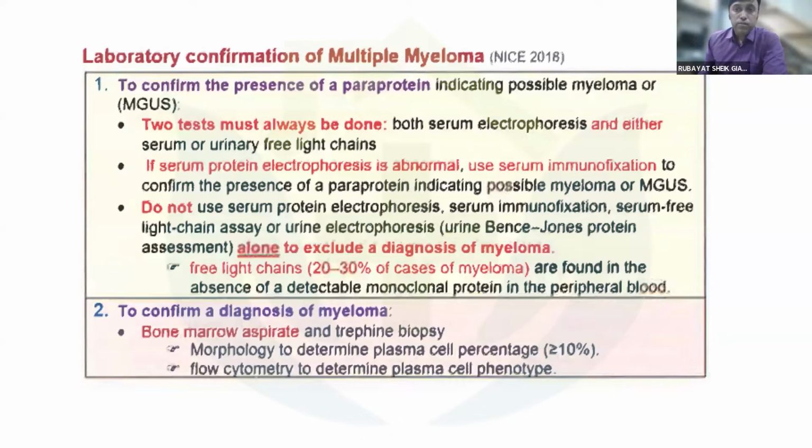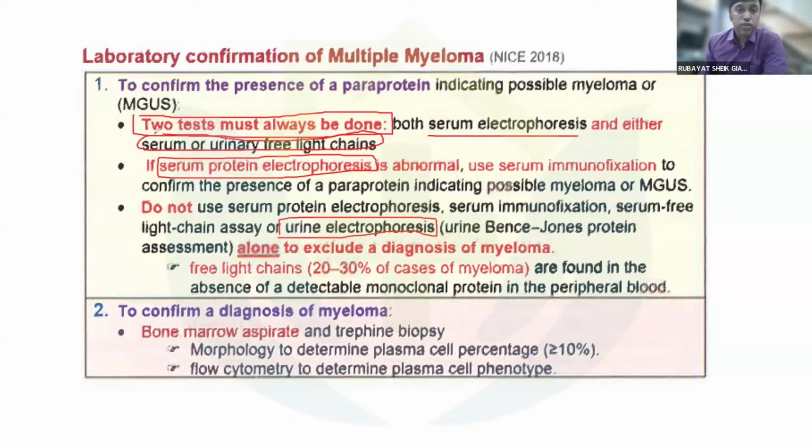These are a few practical tips, usually not asked in so much detail in the examination, but sometimes serum protein electrophoresis might not be abnormal. You might not get any paraprotein in the serum. That's why you also might have to test the urine for presence of any paraproteins. So that's why it is advised to do 2 tests to determine the presence of a paraprotein, not to rely on a single test. Okay, so you do a serum electrophoresis and either a serum or urinary free light chain,